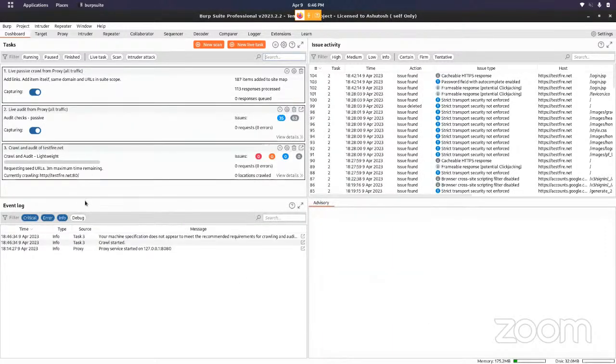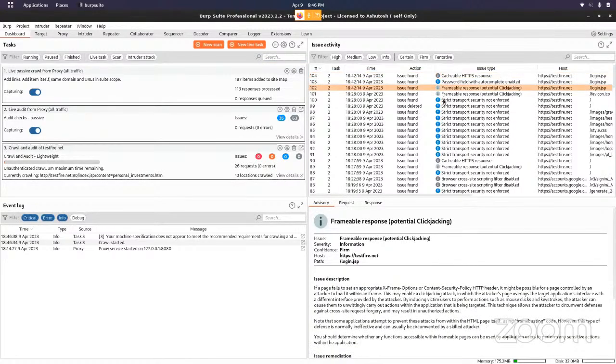So here you can see it is starting crawling and auditing, correct? It's going to take some time, a lot of time you can say. Here it's going to crawl all the website, and on the right side you can see the issue activity. Here you can see the different requests I've been sending, and if you click on any of the requests, for example this one,